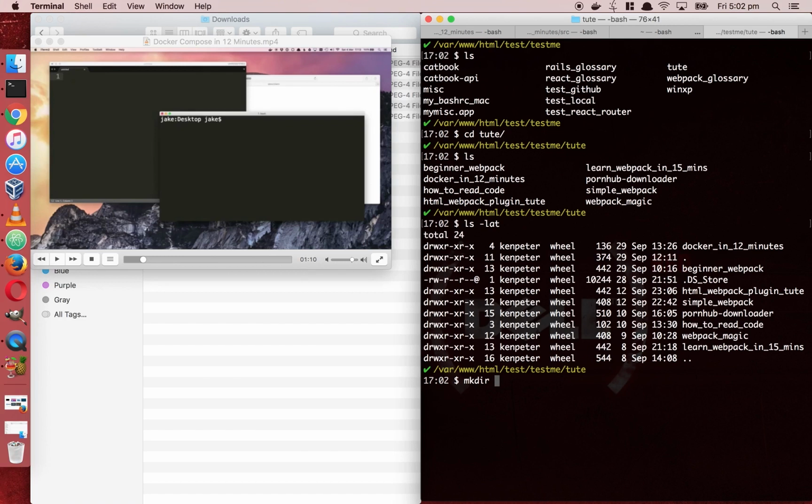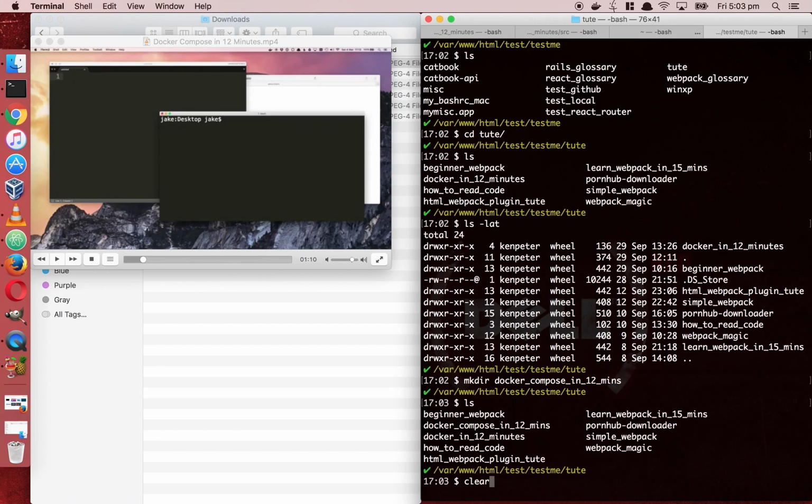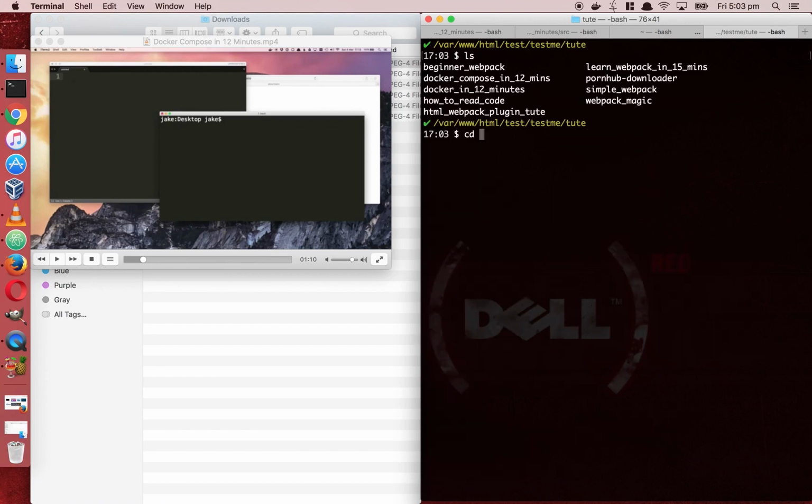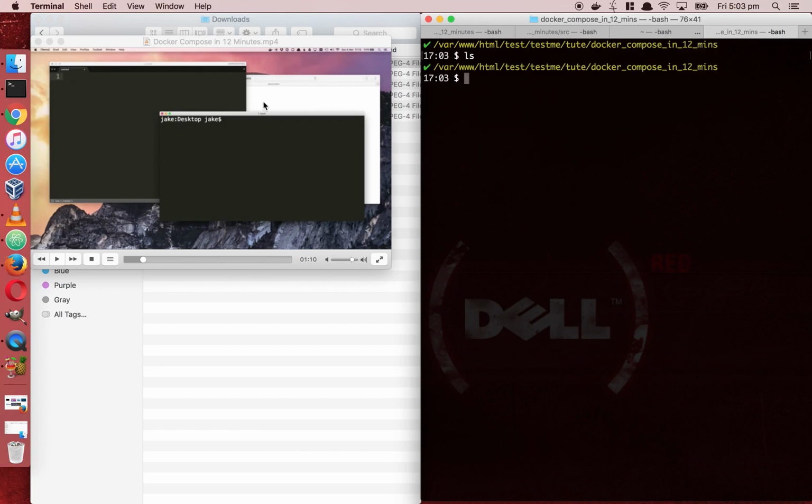Maybe say Docker Compose in 12 minutes, and we get into it. Docker Compose in 12 minutes, and